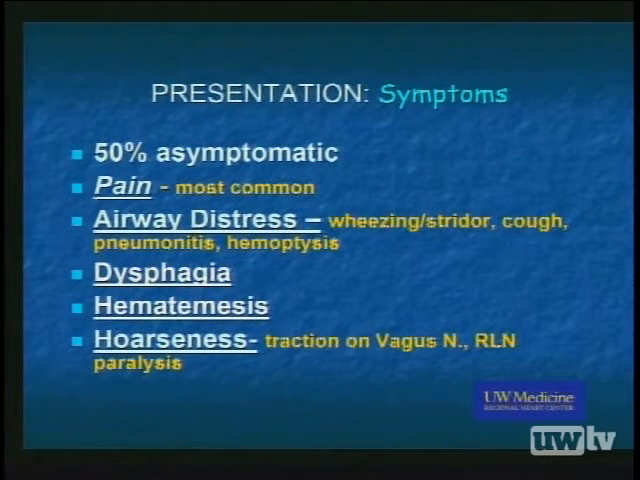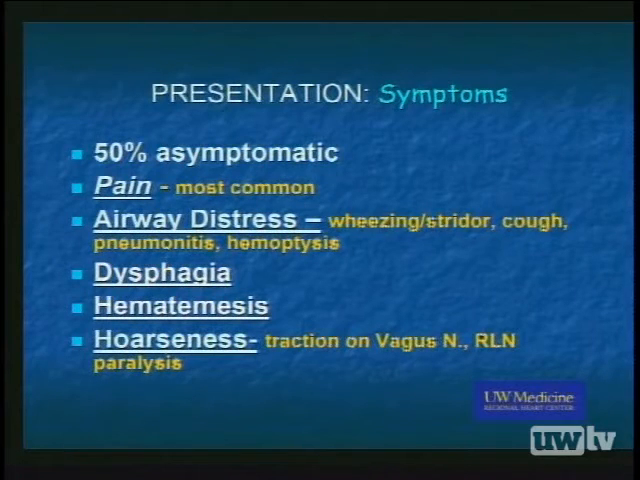As the aneurysm expands, it may present with airway distress, and that relates to compression of either the trachea or the left main stem bronchus that may manifest as wheezing, stridor, cough, pneumonitis, or even hemoptysis if there's vascular erosion into the airway. Large aneurysms often are lying next to the esophagus and can cause some degree of mechanical obstruction, producing dysphagia. And if there is an erosive lesion, the blood can actually enter the esophagus and present as vomiting